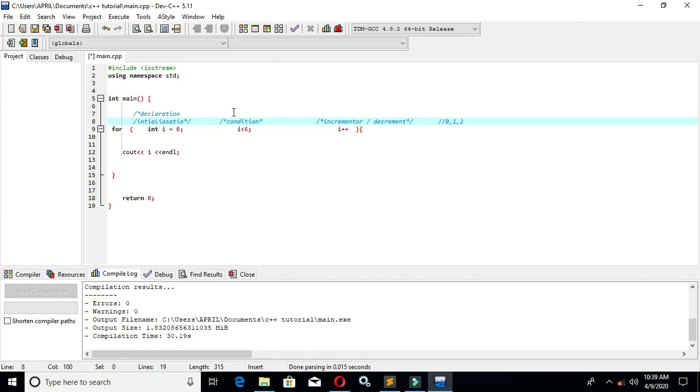Then we come back to the condition. Is the value of I less than 6? Is 2 less than 6? Yes. We print out the value of I, which is 2. So it's going to print out 2. Then from there, we increment. We have 3. So 2 plus 1 becomes 3. So I becomes 3. Is I less than 6, meaning 3 less than 6, of course, meaning we print out